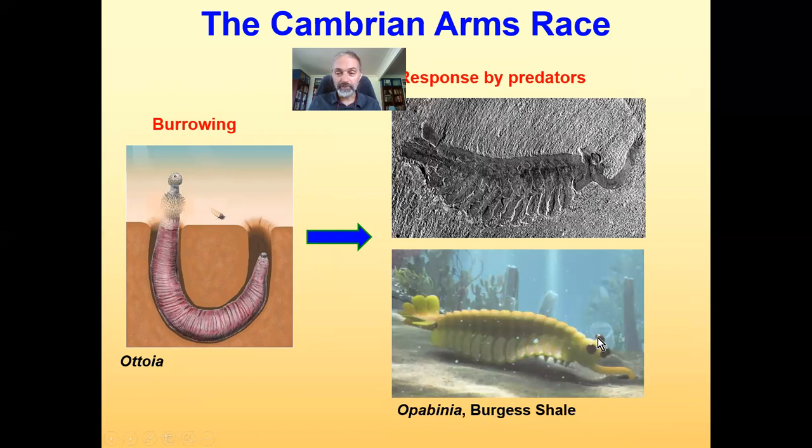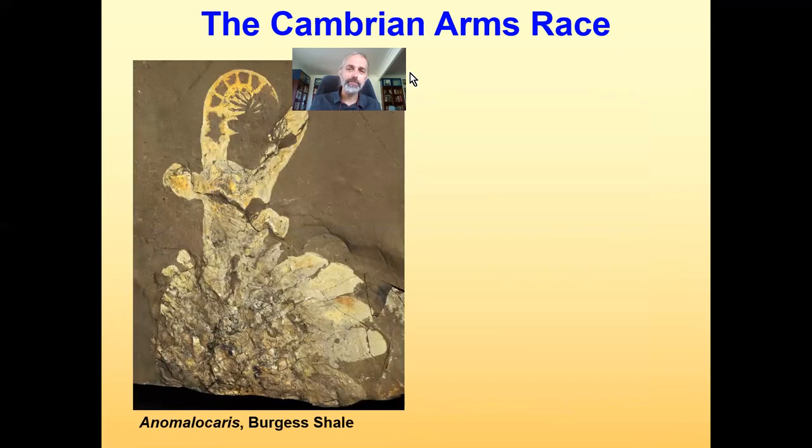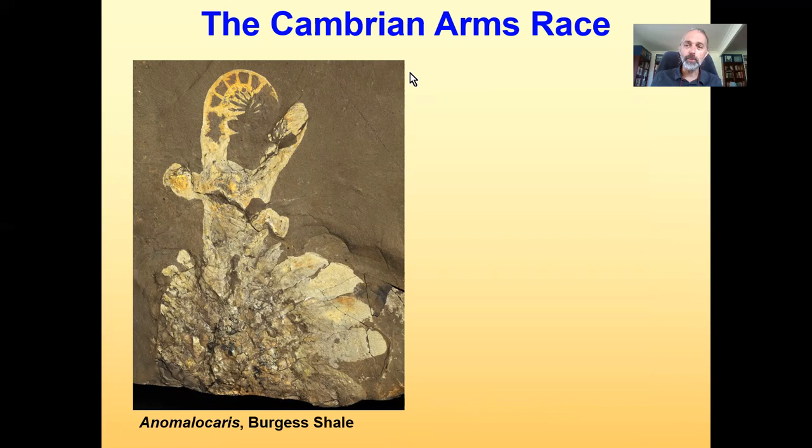Opabinia doesn't only have 5 eyes on its head, it has, as you can see here, a long snorkel of a mouth with a claw at its end. What on earth is that? Well, Opabinia was probably sticking this thing into holes to pull out worms. That's an arms race. The most fearsome predator of the Cambrian was almost certainly